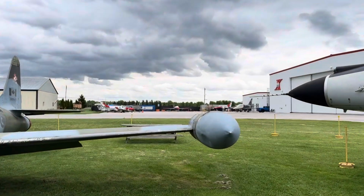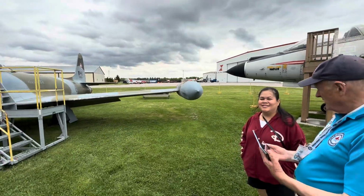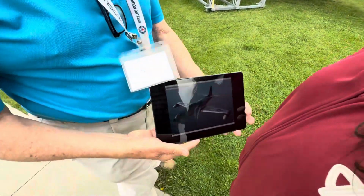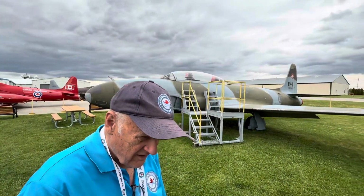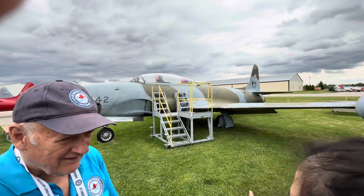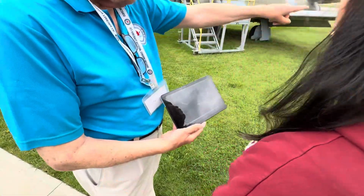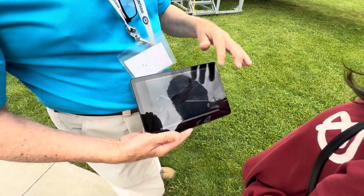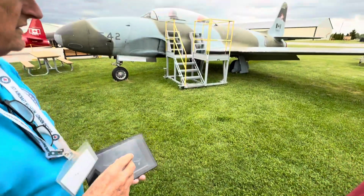Now, looking at this plane here, the first generation, and then this plane here, is it the same plane? It looks a lot like it is. But it's just one person only, right? Yeah, one. Most people don't notice that. What they do notice is these gas tanks have moved out to the end. And this one here has two people in it. Okay? So the story there is